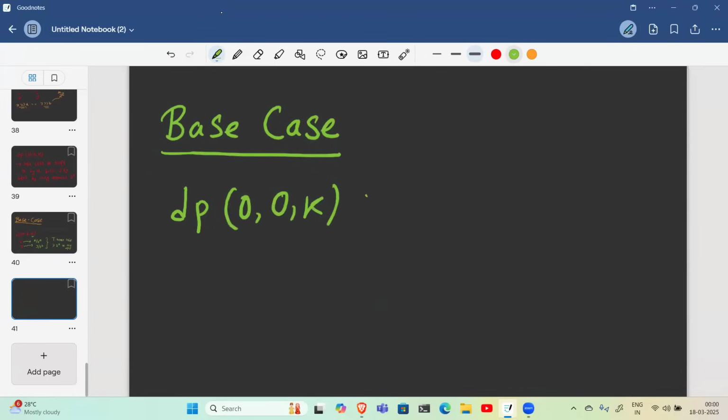Like I need to shift x by 0 units and y by 0 units. So what should be the cost for this? It should be 0, right? Because if I need to shift x by 0 units and I need to shift y by 0 units, that basically means doing no operations at all. So whatever be the value of k,